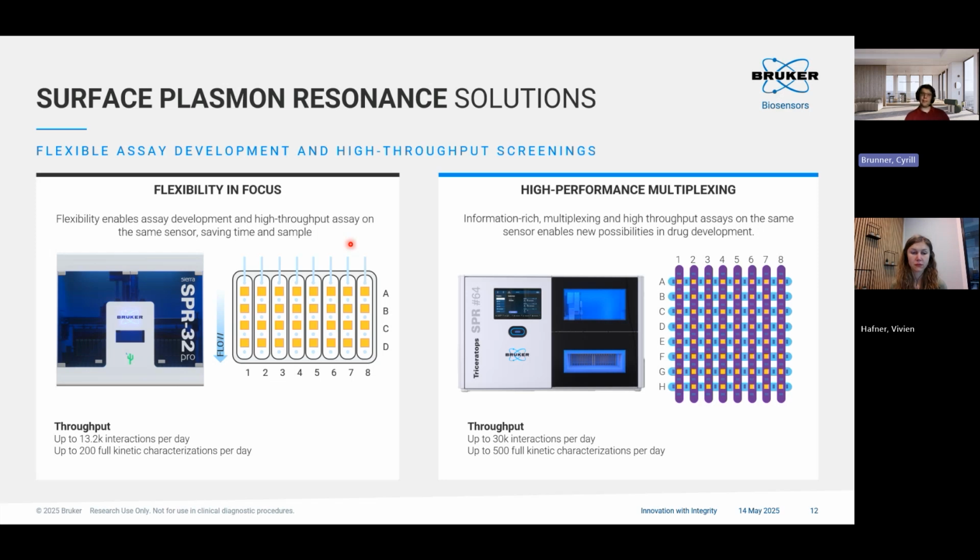They have a different capacity on how many proteins you can immobilize. In case of the 32 Pro, it would be a maximum of 3 proteins. In case of the SPR64, you can immobilize up to 8 proteins and measure simultaneously against 8 compounds. So they have a different degree of multiplexing and obviously then throughput that comes in the end, but both can do simultaneously a lot of compounds against multiple proteins and thus give within a single experiment a lot more data